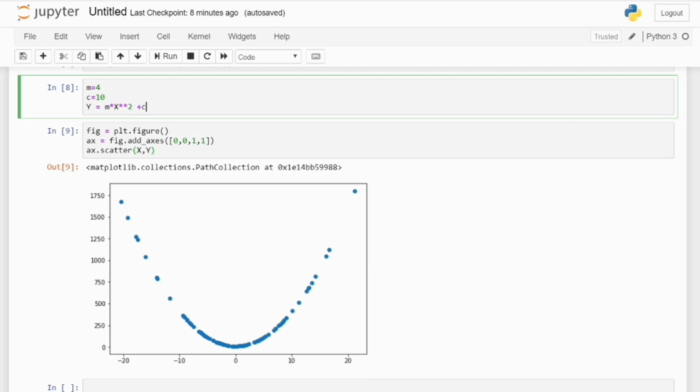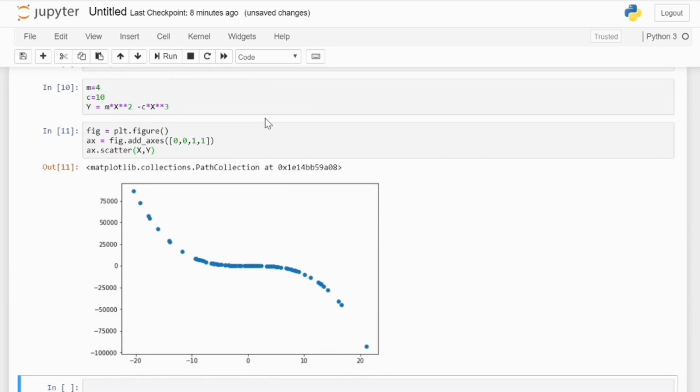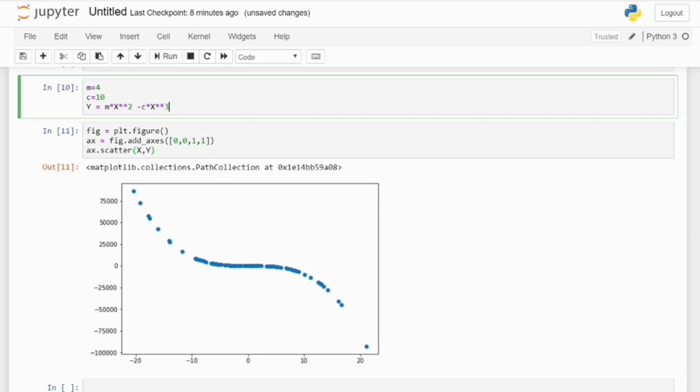Let's create something else. We will write y is equal to mx square plus c, and then do something else, minus c multiplied by x cube. This is the type of curve I am getting. In this way you can generate n number of curves.